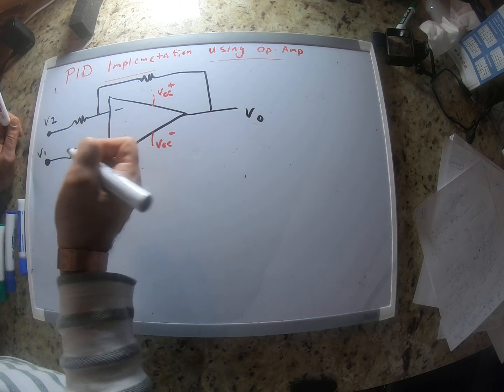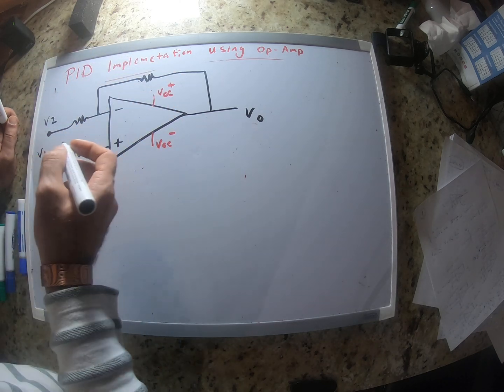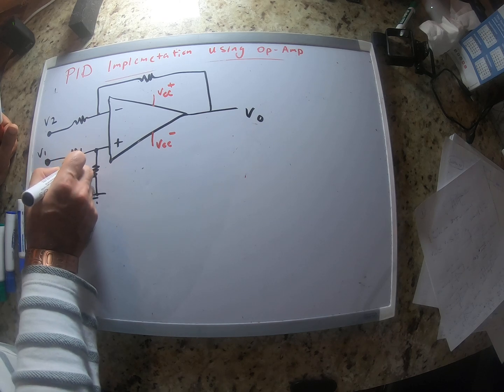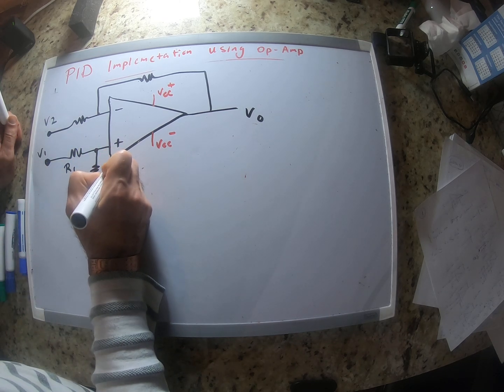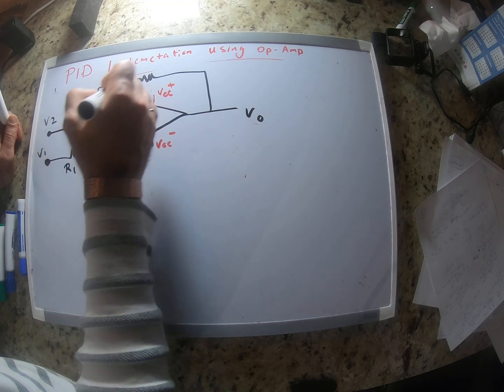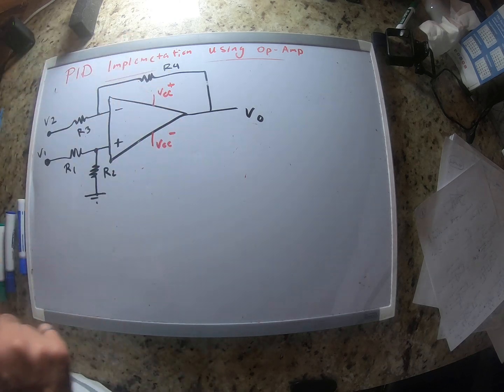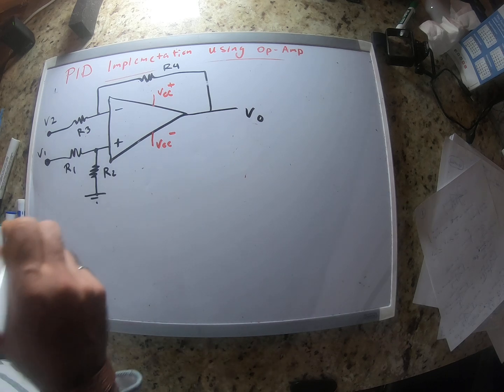I'm just going to name these resistors randomly. In other textbooks you might see different naming notation here, but it doesn't matter how you call them as long as you derive the equations based on the configuration that you're using. Okay, so, excuse me. So again,